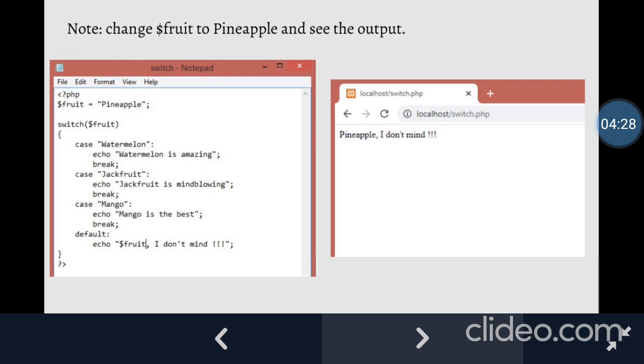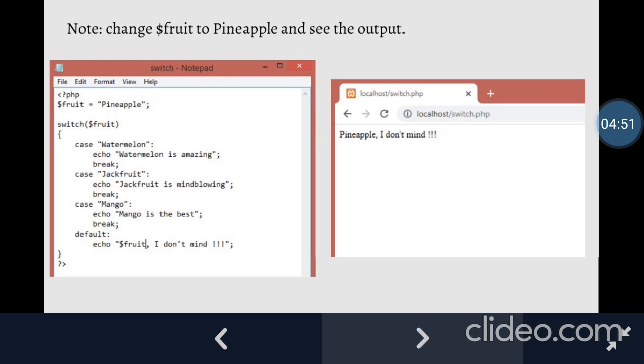So what is going to happen here? We will start the switch statement. Switch $fruit. Now fruit is pineapple. Does pineapple match with case 1, which is watermelon? No. Next, does pineapple match with case 2, which is jackfruit? No. Next, does pineapple match with case 3, which is mango? No.